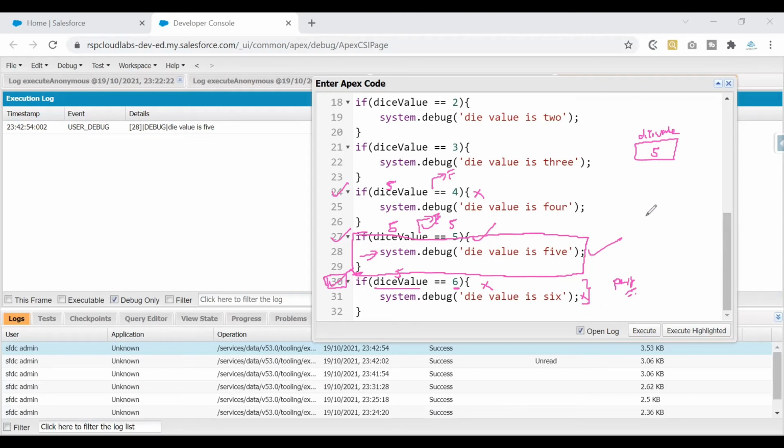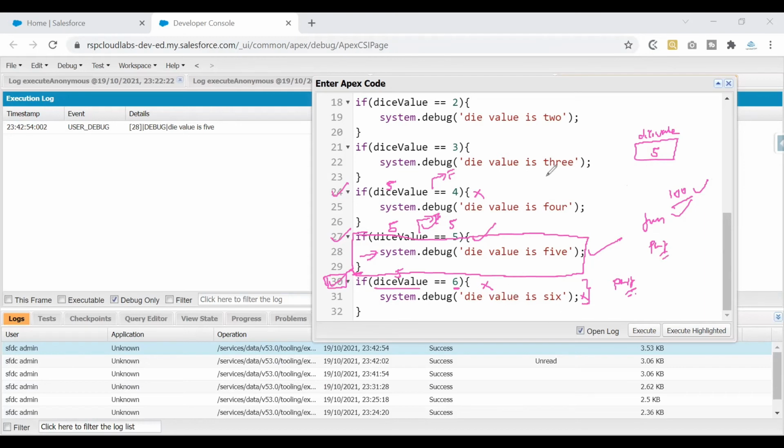So that means in terms of functionality, we are 100% done. If I change the value, you would see the debug logs accordingly. Feel free to pause the video. In case you have already written the code, feel free to try that out. If you see here, functionality wise, we are 100% done. But in terms of performance, we are kind of lagging here.